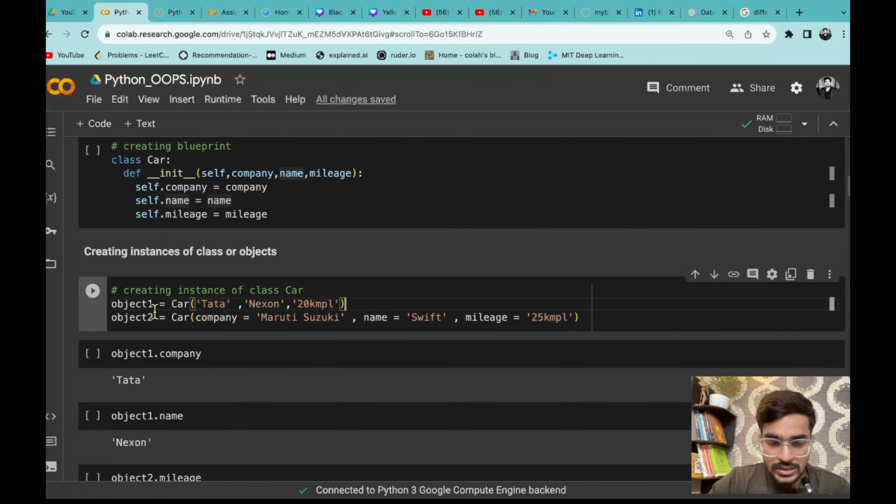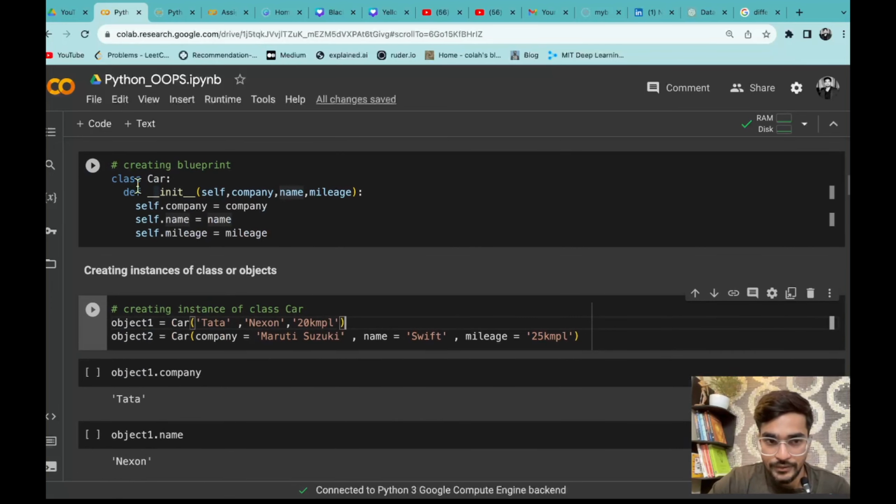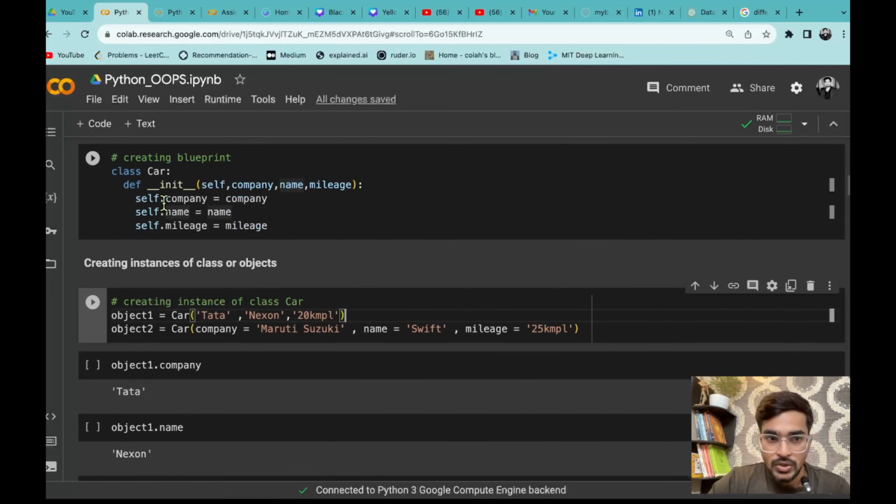Then we also saw how we can create different objects using that class. That means if you have created that blueprint, you can create many objects using it. Like we created two objects, object 1 and object 2. To create them, just call the class name and pass the values of those parameters, or you can say attributes, that you have defined.